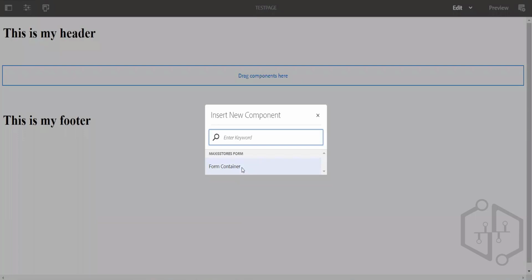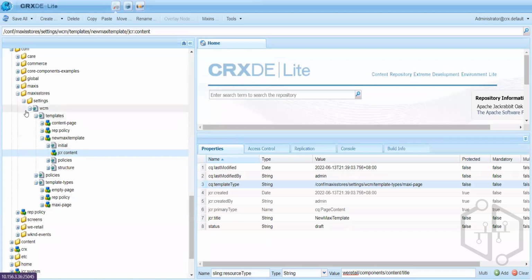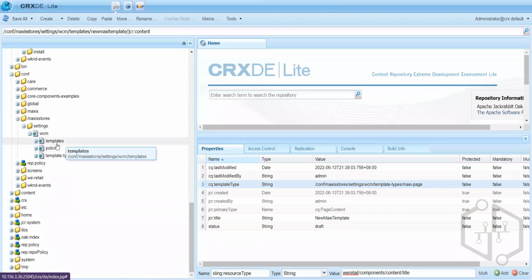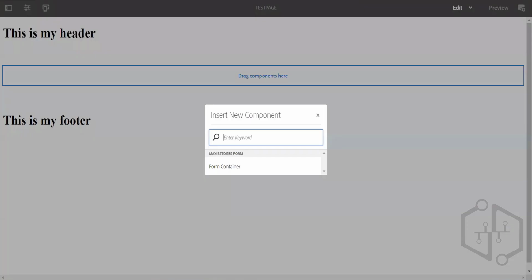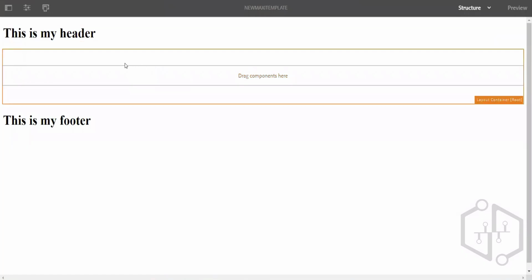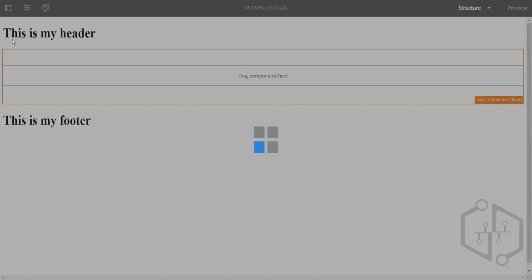Now comes the concept of policies. So here we were seeing the policies. Here you have the template types, the templates, and here we have the policies. These policies basically define a lot of things, and one of them is which components can be placed on your page created using this template. So here we have this template, and here if I go, you can see this icon. The title of this icon is policy. Here if I go to this policy,